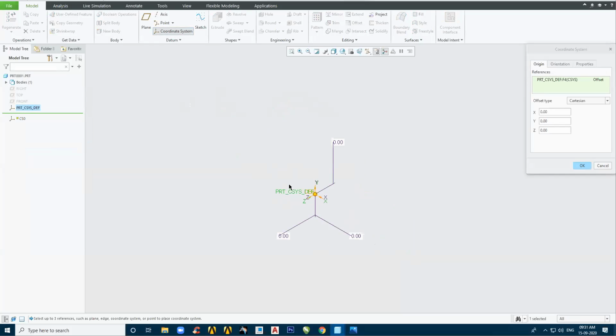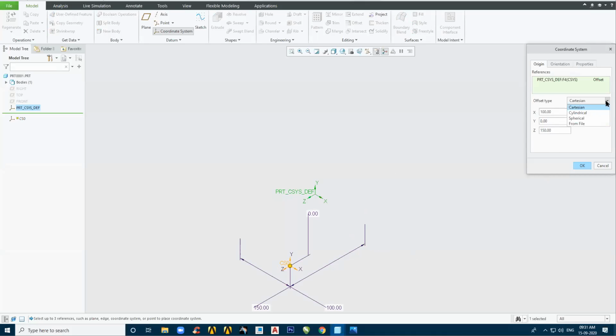And now from this coordinate system I want my new coordinate system shifted by 100 in x. In y I don't want to shift it, let's say zero. In z I need it by 150 mm. Okay, so a new coordinate system is created over here by the Cartesian method.